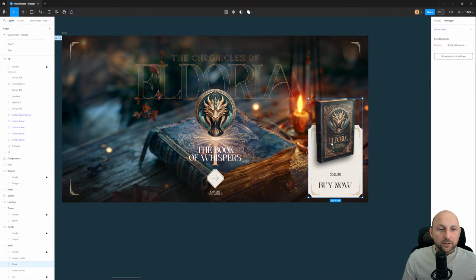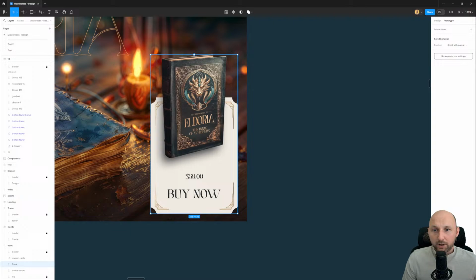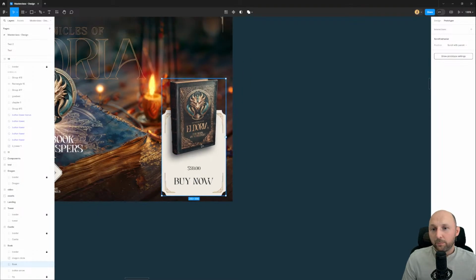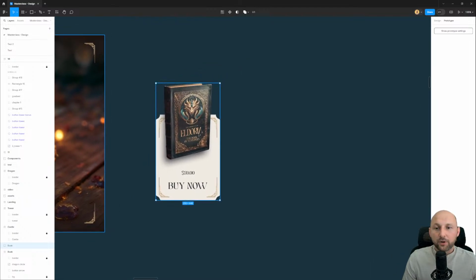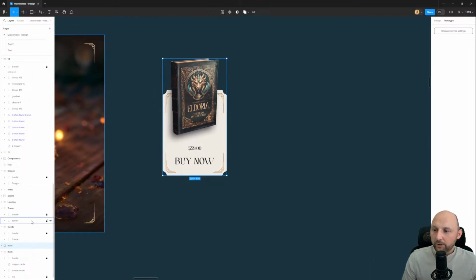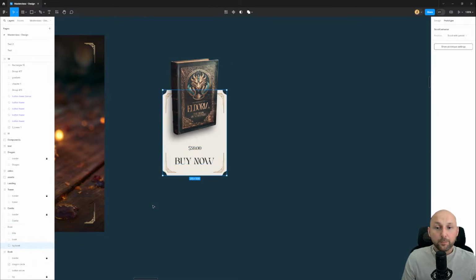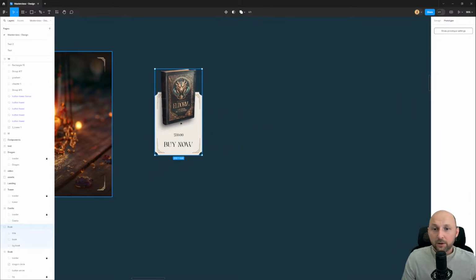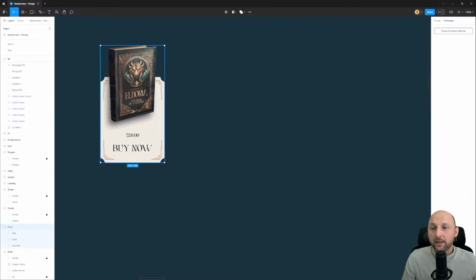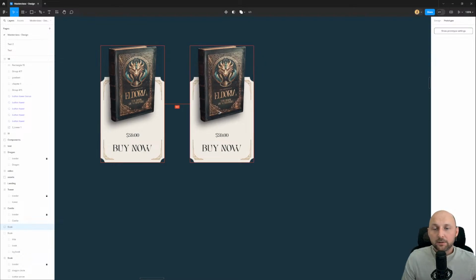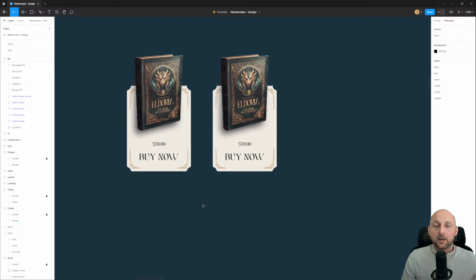So I have this card with background, book, and buy now. So what I do, just move outside my frame of this group. So in the left panel we have group with title, book, and background. Okay, now I can select this group, hold Alt, move to the right, duplicate, and now we can